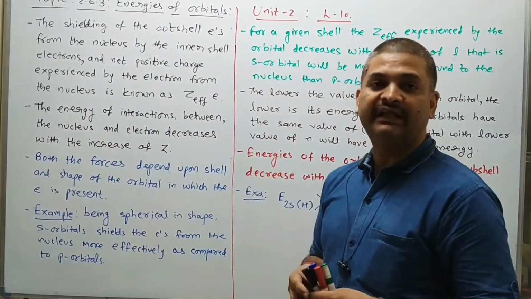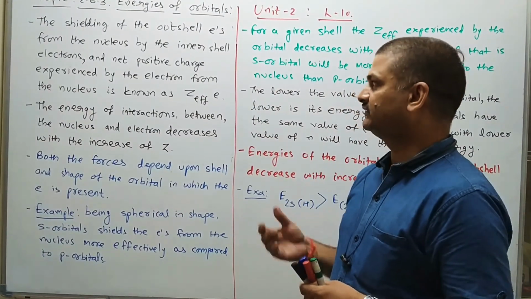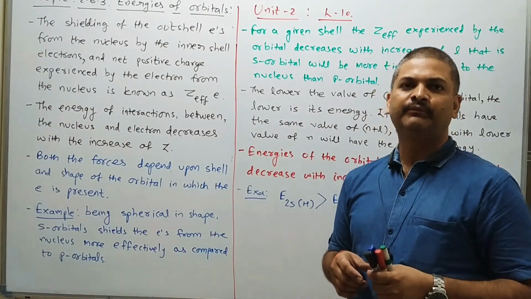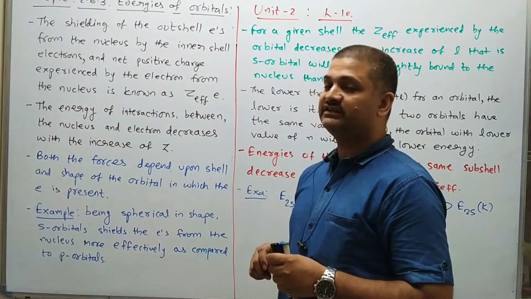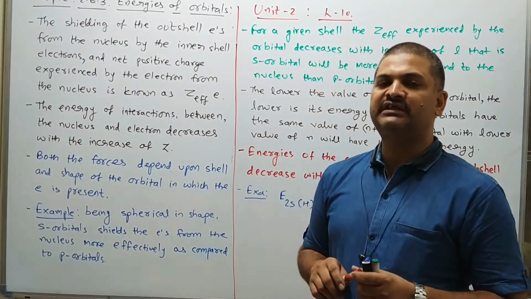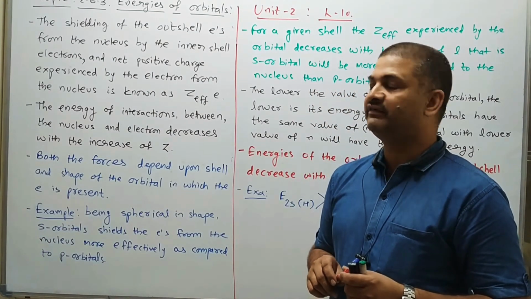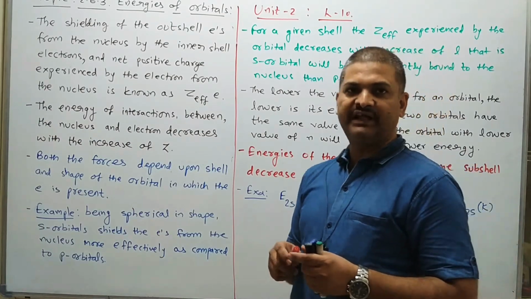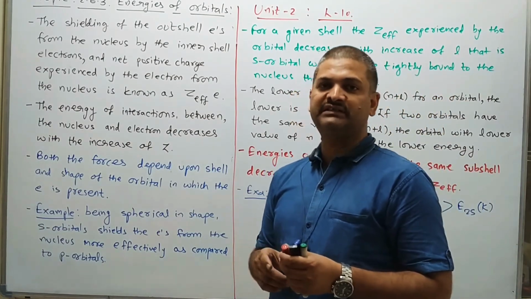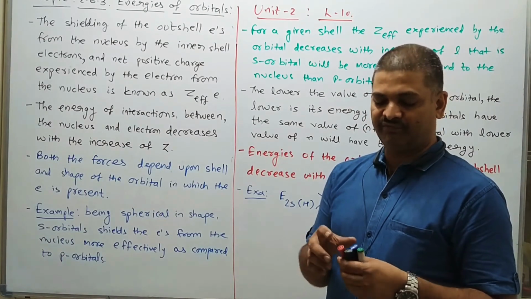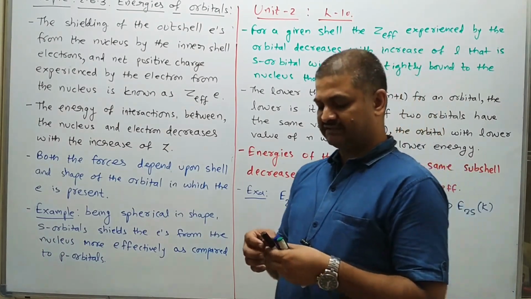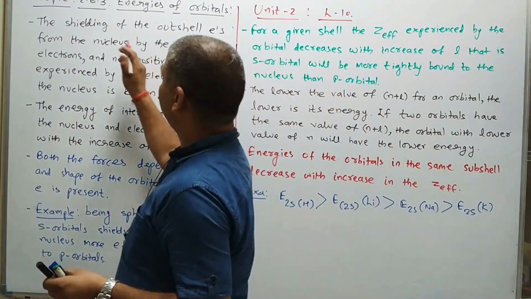In case of energy of orbital, the last point is again shielding. Shielding is nothing but it is normally known as layer formation. And we generally in our life know very well about layers. In the field of chemistry, another name of layer is shielding. The shielding of